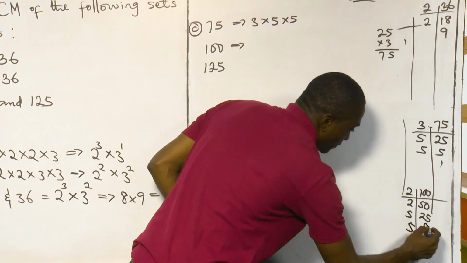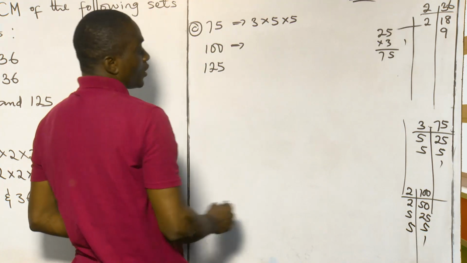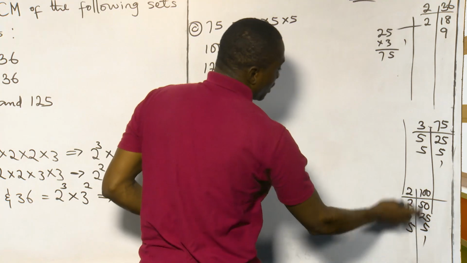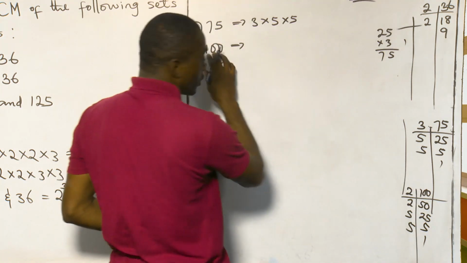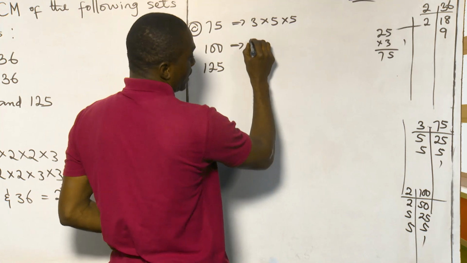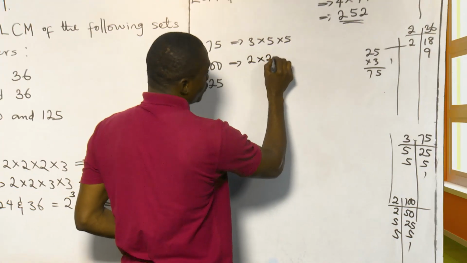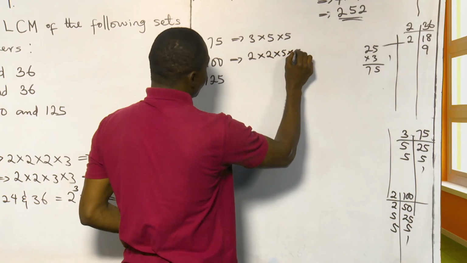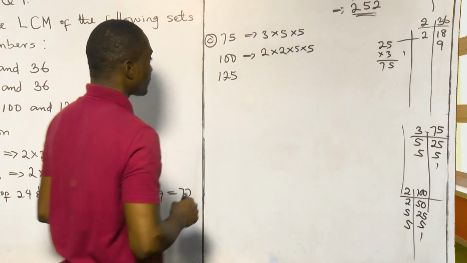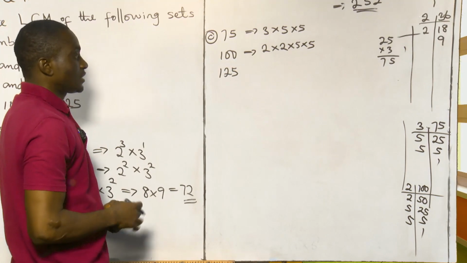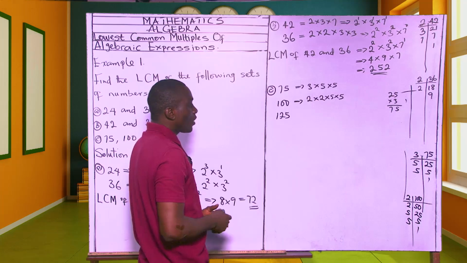Then we have 5 in 5 to give us 1. So the product of prime factors of 100 is 2 multiplied by 2 multiplied by 5 multiplied by 5. Okay, that is that. Now for 125,